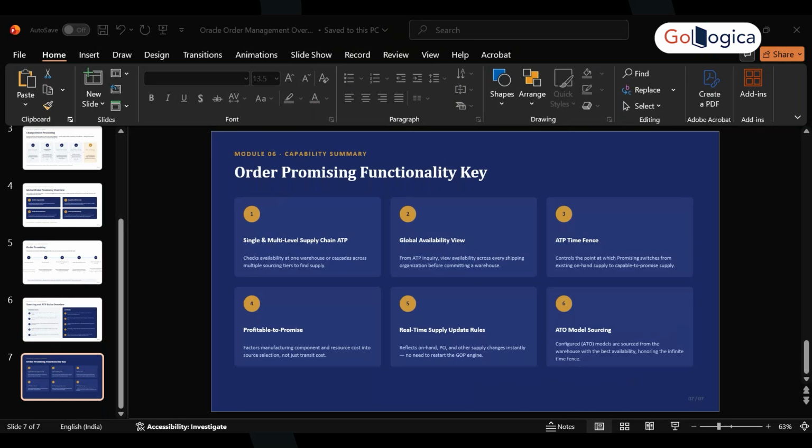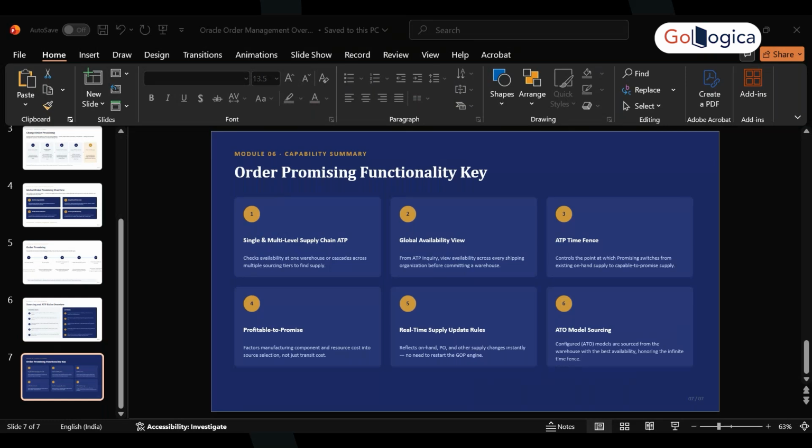If sufficient inventory exists in that warehouse, Oracle immediately confirms the order. This approach is suitable for organizations operating from a single distribution center. However, large organizations usually maintain Oracle across multiple warehouses, manufacturing plants, and distribution centers. In such environments, Oracle uses this multi-level supply chain ATP, and instead of limiting the search to one